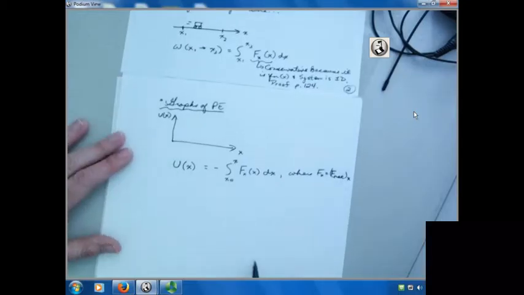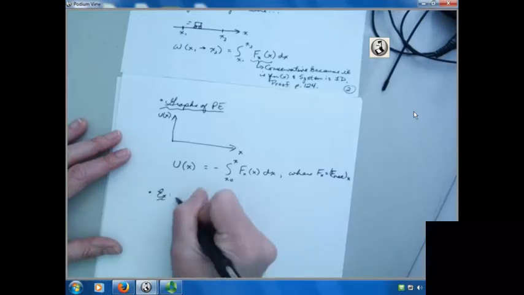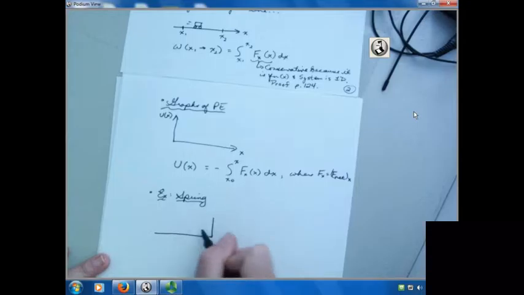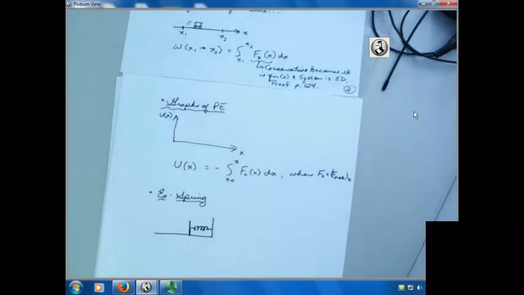Okay, so let's do the example of the spring. The spring's kind of a classic. I'm going to draw a situation. So maybe I have a spring connected to a wall or something like that. And it's got this little surface here, and something touches it, it can compress it. And then I'm going to imagine that maybe a mass slid in and compressed that spring a little bit so that it's resting against it. And there it is with that mass m.